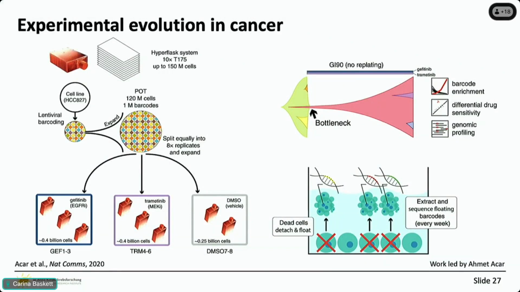And one nice thing that was done in this paper is we actually realized that in the media, there was potentially DNA that we could sample. So these cells are adherent and they stick to the bottom of the flask, but when they die, they detach. And they also spit out DNA into this media. So when you change the media, you actually have DNA that you can sample non-invasively from your experimental model. So this was a really nice way of actually tracking this over time in a non-invasive manner.